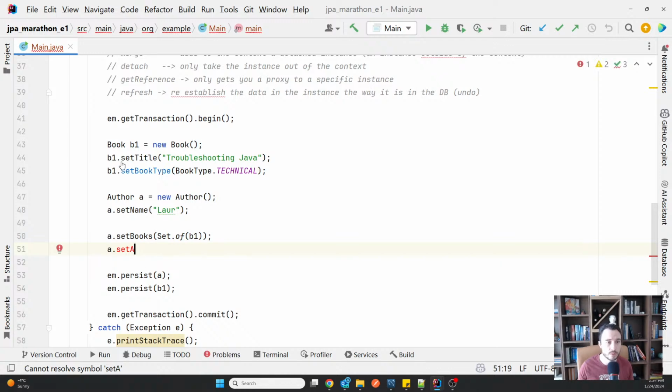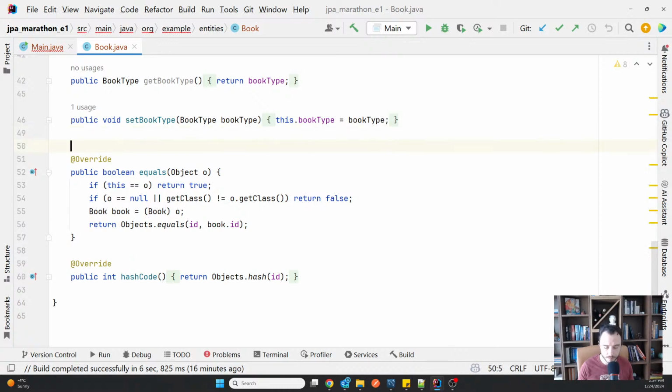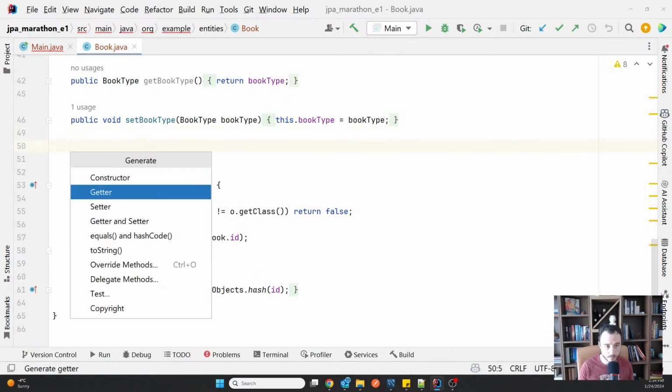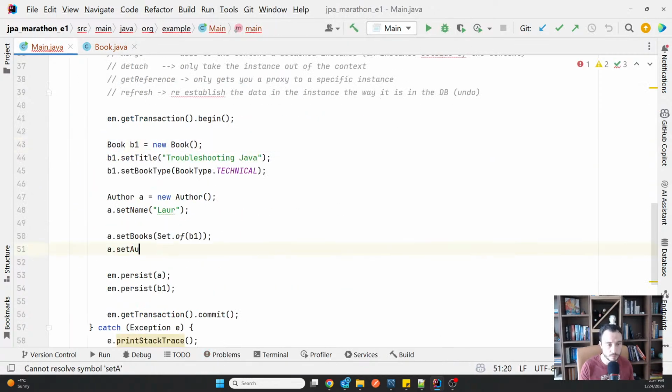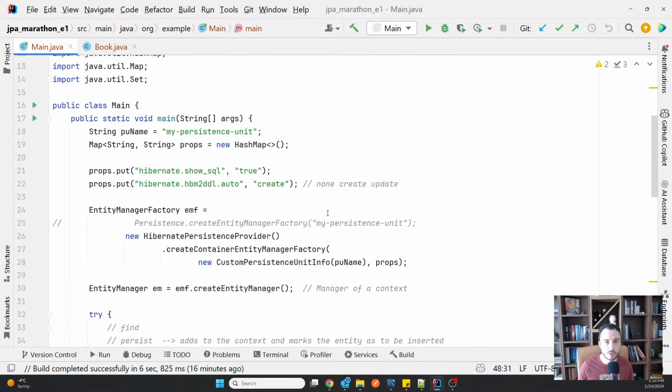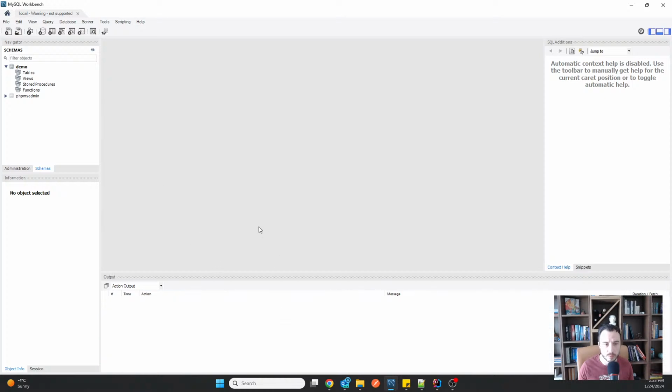I need a set author for the book as well now, because I made it bidirectional. So I'm first going to create this and persist it, and I'm going to change the example. I know it's not really nice what I'm doing, but it's at least easier from my point of view to try to demonstrate that.